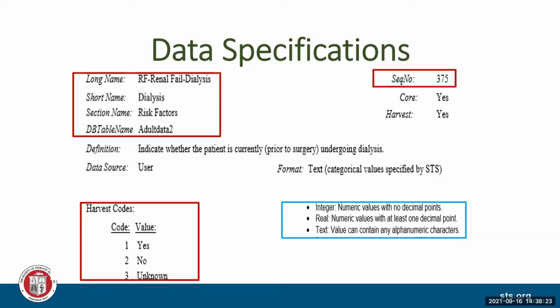You have your sequence number, 375. Yes, this is a core, and yes, this is harvested. You have your definition, and you have your format. Now that says text. So this little thing in the blue box here is from the software specs. So a text format is a value that can contain,